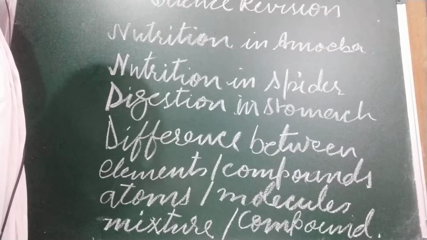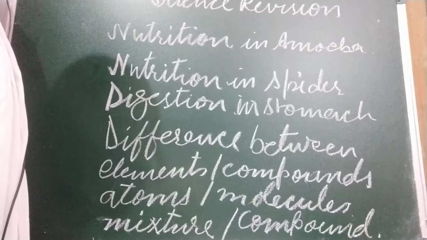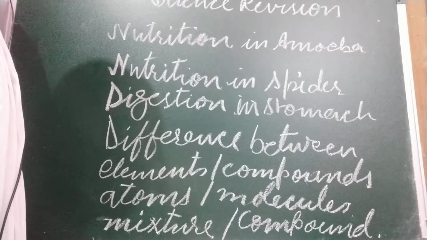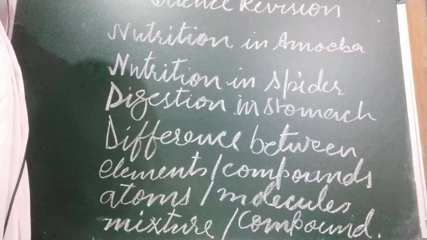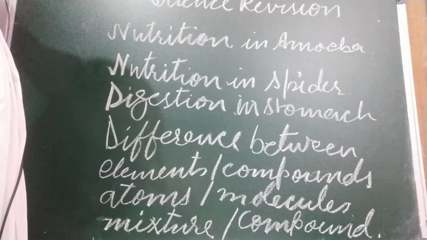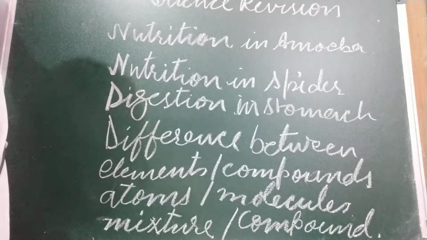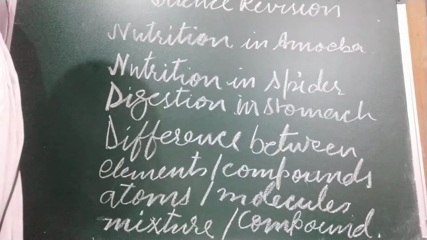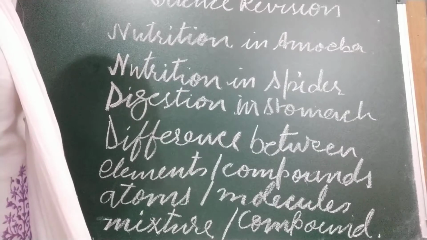Now the food comes into the stomach. It is J-shaped. Food stays in the stomach for a few minutes to a few hours. It depends on the type of food we have consumed. The inner lining of the stomach secretes mucus, hydrochloric acid and digestive juices. What is the function of mucus? The mucus protects the inner lining of the stomach.